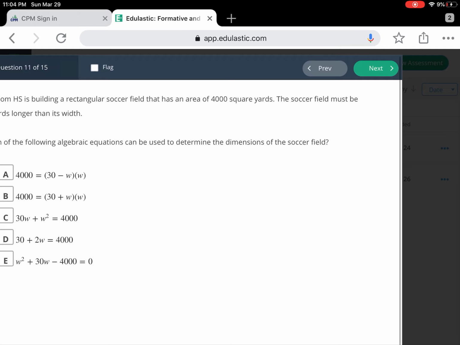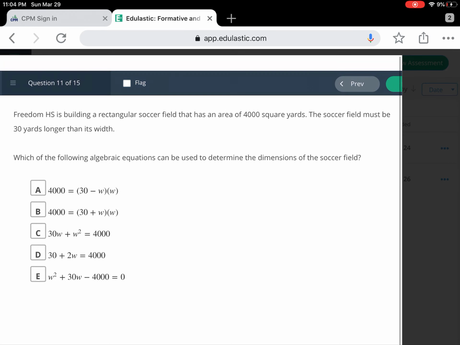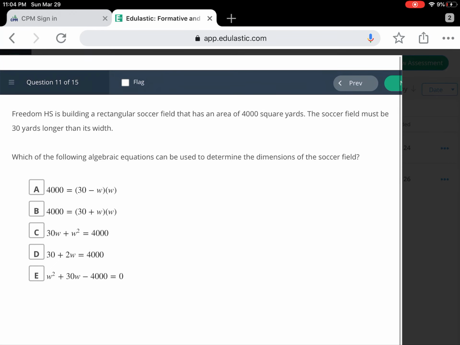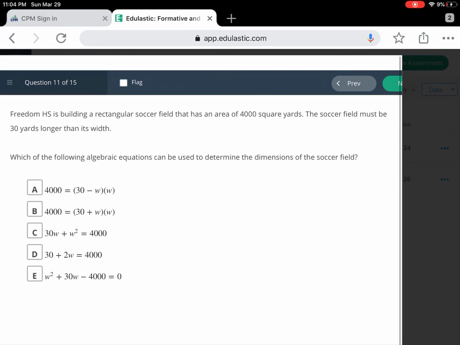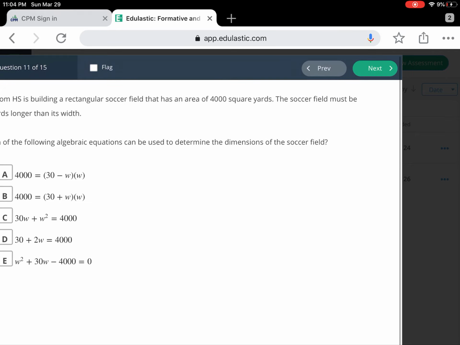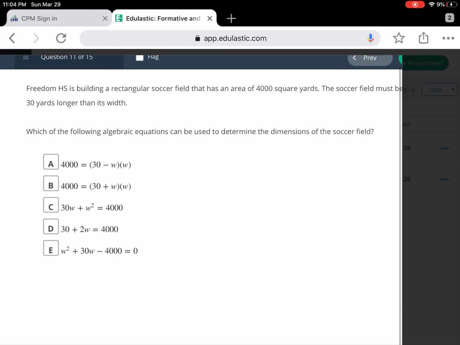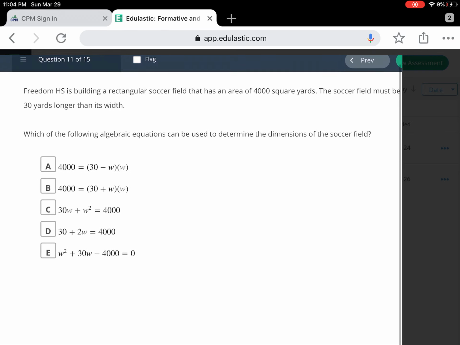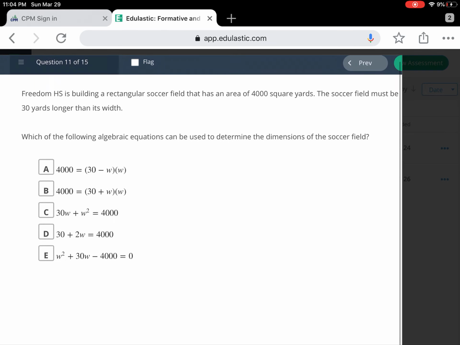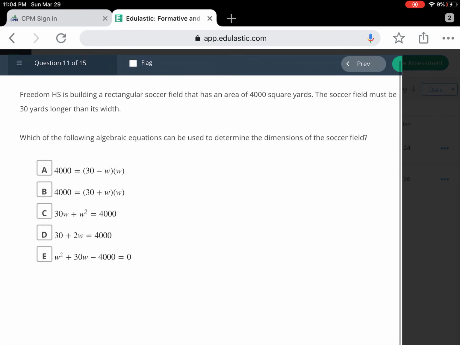All right, here was a good real-world scenario that involves a quadratic. We're working on a rectangular soccer field that has an area of 4,000 square units. It must have 30 yards for its length, or excuse me, the soccer field must be 30 yards longer than its width. So that's enough information right there to write an equation and figure out what our width could be